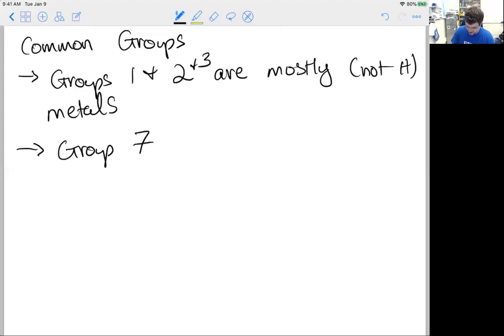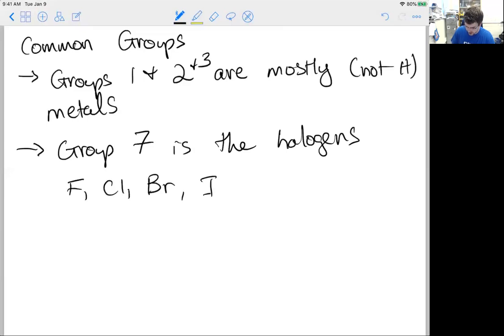Group 7 is the halogens. This is going to be fluorine, chlorine, bromine, and iodine. We're going to do a lot with those in this course. And group 8